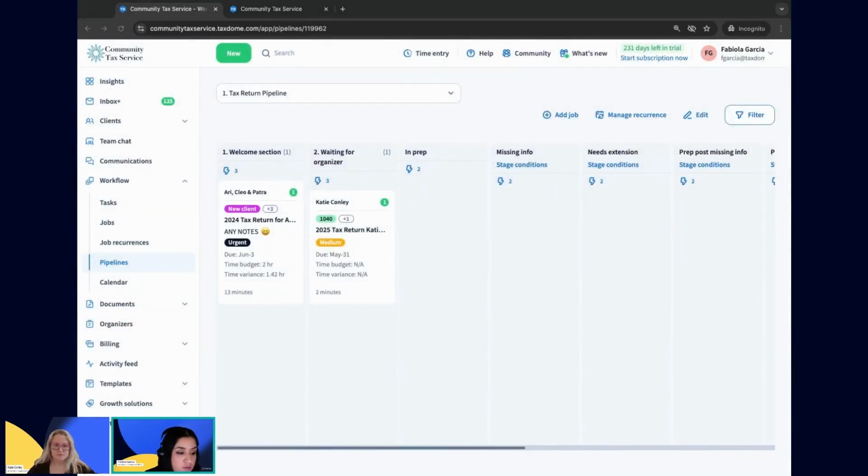Any questions so far on the job templates here? Let me look really quick. Yeah, it doesn't look like there are any. Okay, perfect. One thing I'd like to point out about